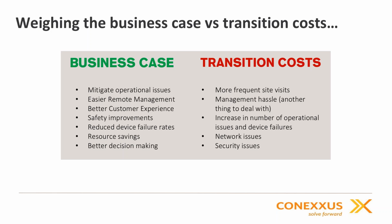But then the transition costs look like potentially way more frequent site visits. I mean, imagine deploying 10 more devices per store if they're a certain type of sensor across 100 stores. The management hassle, simply to be able to keep track of what all the devices are doing. Increase in the number of operational issues and device failures, more or less related to the first bullet. And then you have things like, going to the last bullet, security issues, so making sure that the devices have the right communication protocols, making sure that the cloud infrastructure has been properly audited if it is a cloud-managed device. And then, of course, network issues, making sure that adding a bunch of devices does not create all kinds of latency on the network, cause outages, whatever it might be, and really get in the way of other